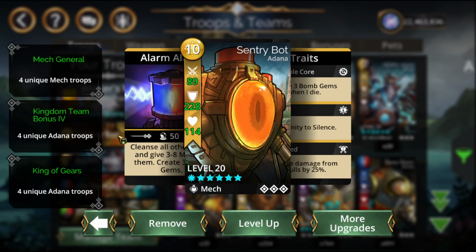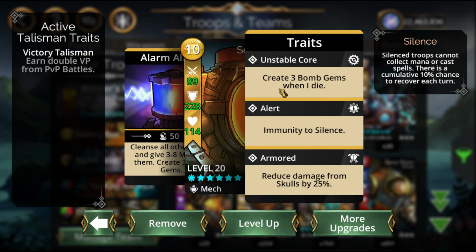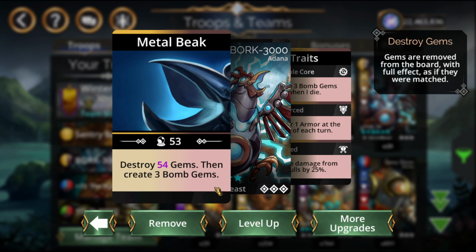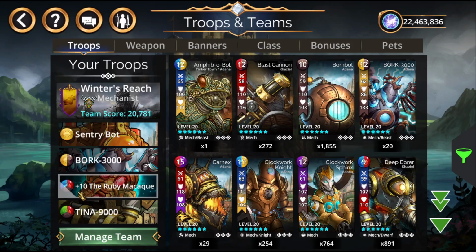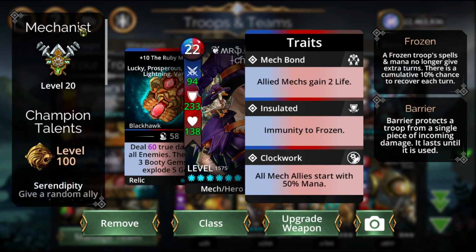And we have Sentry Bot that will cleanse all other allies and give 3 2/8 mana to them and create 3 bomb gems. Traits: create 3 bomb gems when I die, immunity to silence, and reduce damage from skulls by 25%. Then we have Bork, that will destroy a number of gems, then create 3 bomb gems. Traits: create 3 bomb gems when I die, recover 1 armor at the start of each turn, and reduce damage from skulls by 25%. Then the new toy, Ruby Macaque, and class Mechanist,